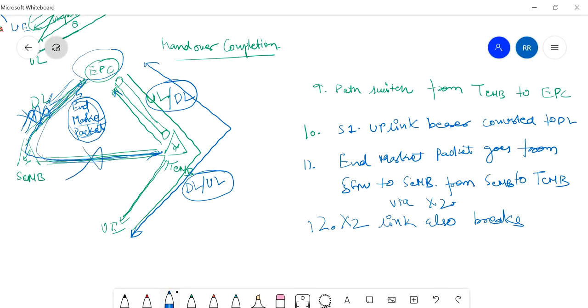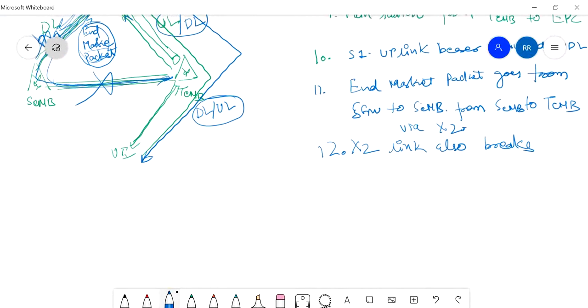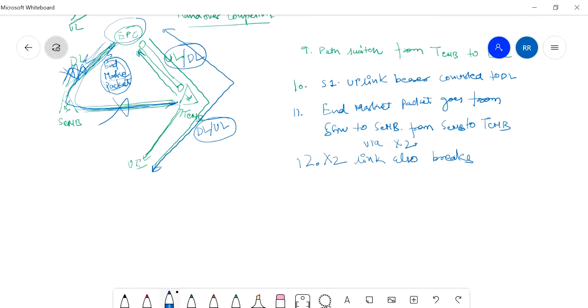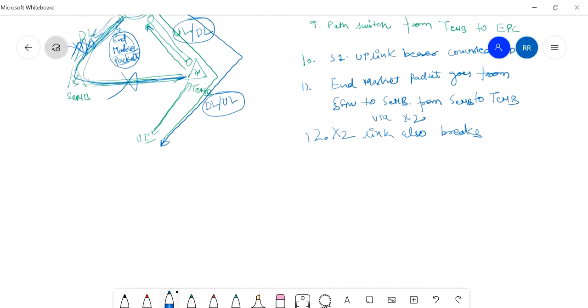So this path also gets completed, or breaks, because after that no more packets would be flowing via this. In this way the handover is completed. After this, all the downlink and uplink packets between the UE and EPC would be flowing via this path.